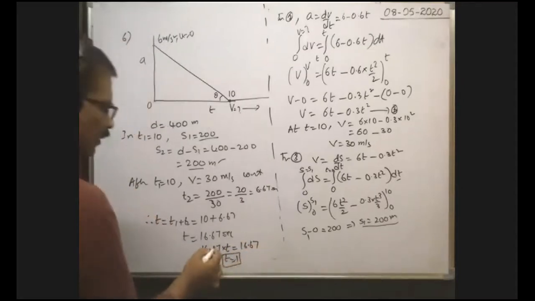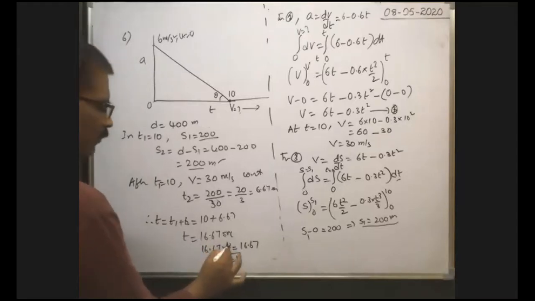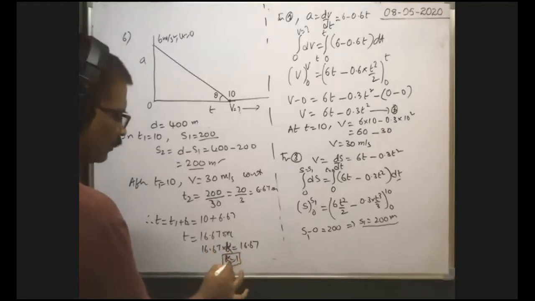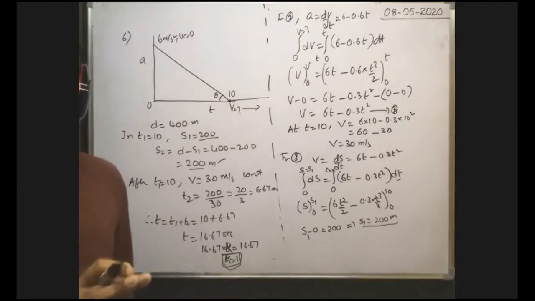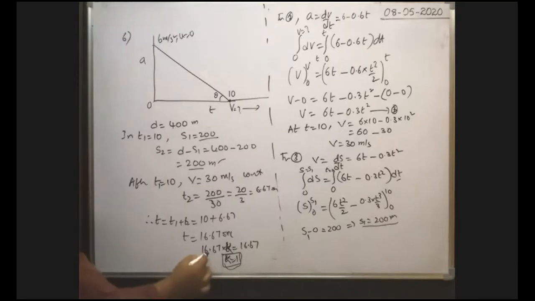Of course, here, instead of t, you take the k value. So, k is equal to 1, no? That means this is the integer problem, because the answer is 1, that means integer. That's why it is the integer problem. Okay, here actually 16.67 t is given. Don't get confused that this t is different from this t. Okay, here symbol t is given.